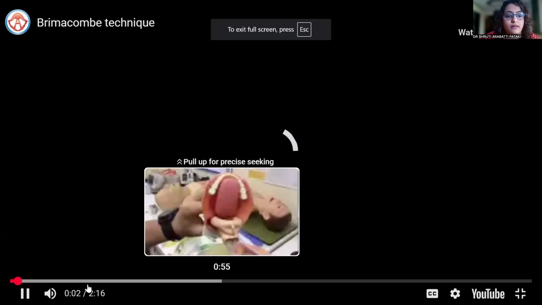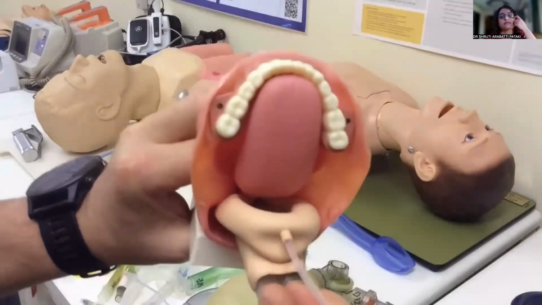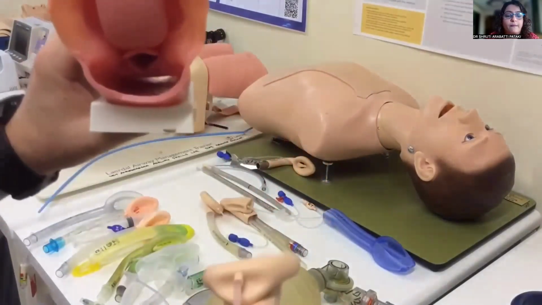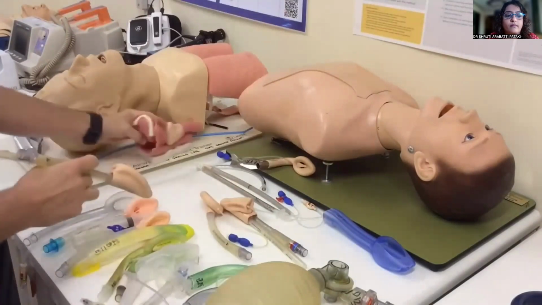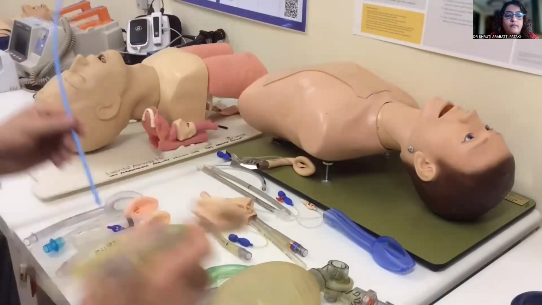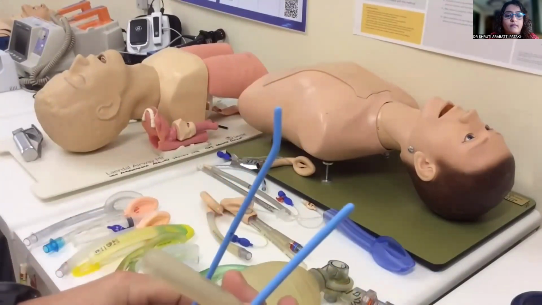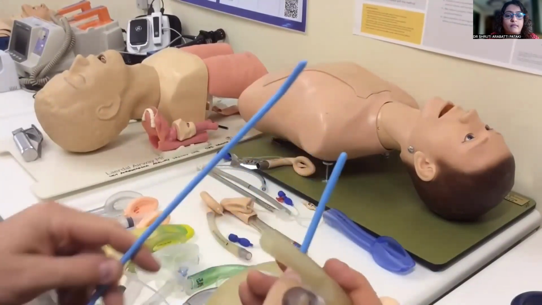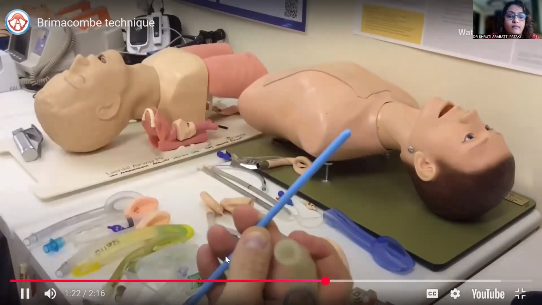The tip actually impacts against the arytenoids and it bunches up and it doesn't seat itself well, and you don't get a good seal and you struggle to ventilate the patient. So one technique to guide the tip into the esophagus is to use an introducer, some kind of bougie. Now, you'll recognize most of your introducers have got a coude tip on the end, and you don't want to use that end because that end is designed to get things into the trachea. You want to use the back end as your guide.